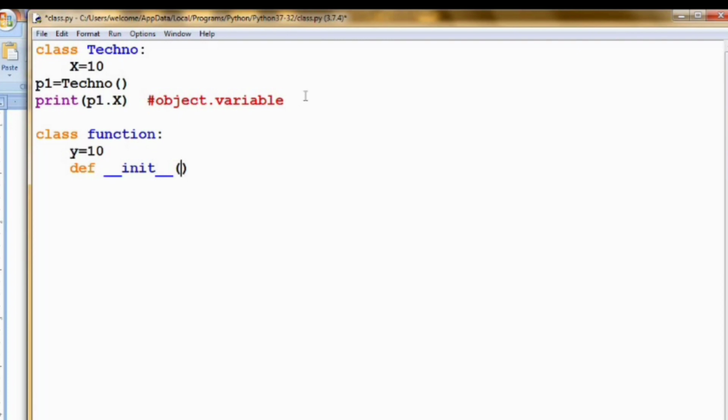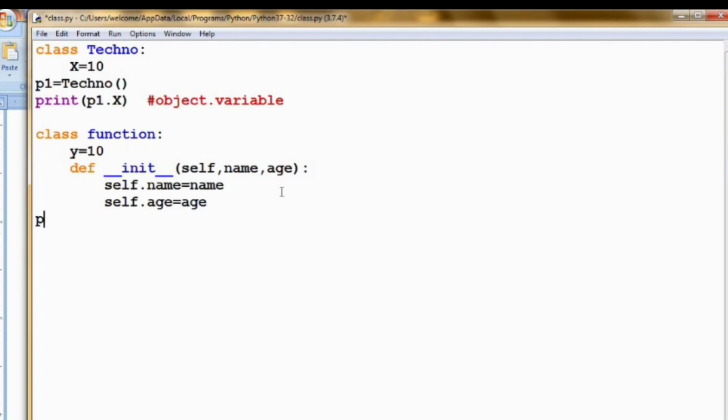Wait, I will show you about this. These are the arguments that I have given inside this function. After defining a function, we have to specify the colon. Now I am specifying that self.name is equal to name and self.age is equal to age. I will tell you what this self operator means later, after executing the program.